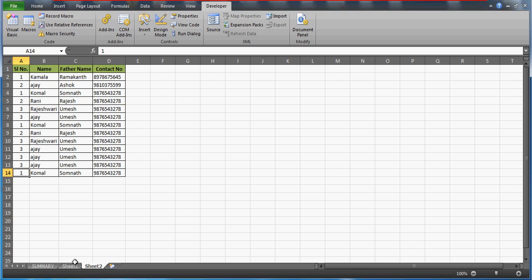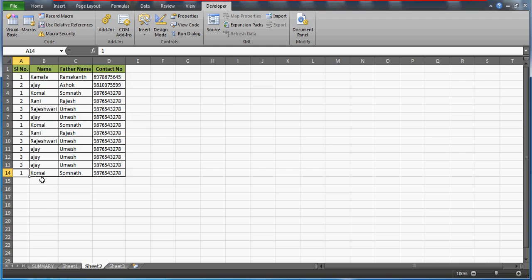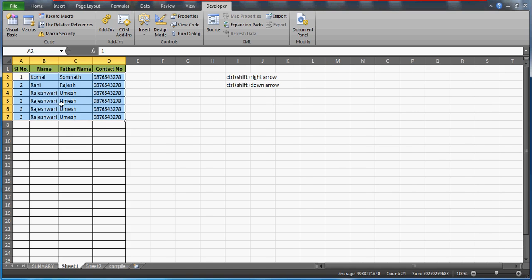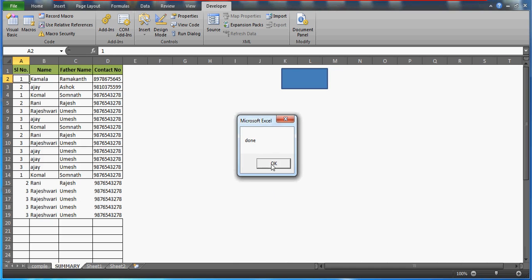So what you can do is, instead of having this data in the sheet 1 and sheet 2, you can also do one thing. You can in fact create a new sheet here. Okay, and you can get your data pasted there instead of pasting the data in the sheet 2, because sheet 2 has its own original data. So maybe you can create another compiled data, that here the data is compiling. So what you can do, copy this data, get it pasted here. I have already shown you the code, and then the next time which you need, what you need to do is